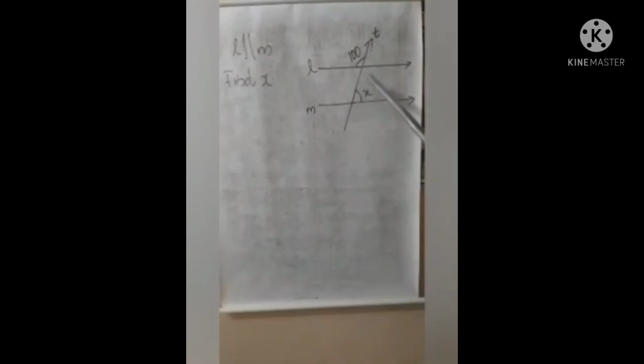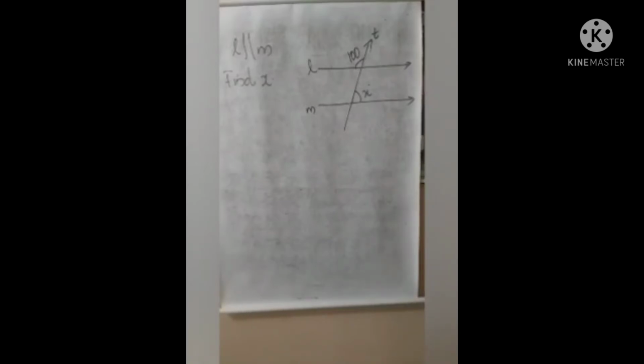Don't think that this X and this 100 are equal. Why? Are they equal? No, they don't have any relation. In order to find the value of X, if you know the angle here, then we can say these two angles are equal. What is the reason? Alternate interior angles, isn't it? If you know the angle here, then the sum of these two angles should be 180. What is the reason? A pair of interior angles on the same side of the transversal are supplementary. Now, if you know this angle, then this angle and this angle will be what? Equal. They are a pair of corresponding angles.